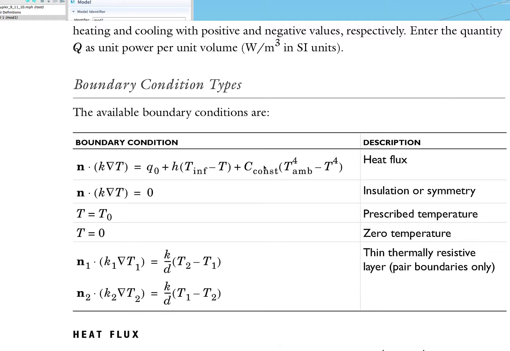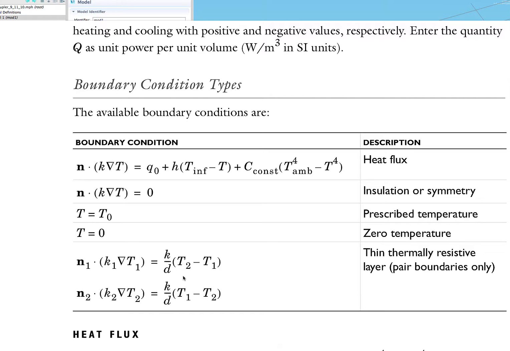So it's up to you to decide what these constants are and which ones you want to include. Insulation, where the heat flux is 0, and prescribed temperature, obviously. And the last one, which is very useful, is when you have a very thin thermally resistive layer, like when you have pair boundaries. So you make a pair of boundaries and you define the temperature on one side and the temperature on another side, and you get some heat flux across each one of them